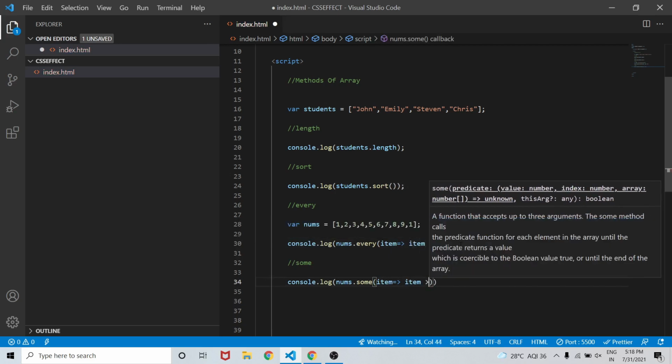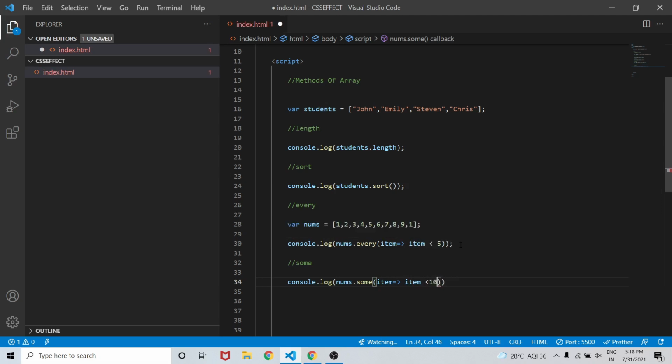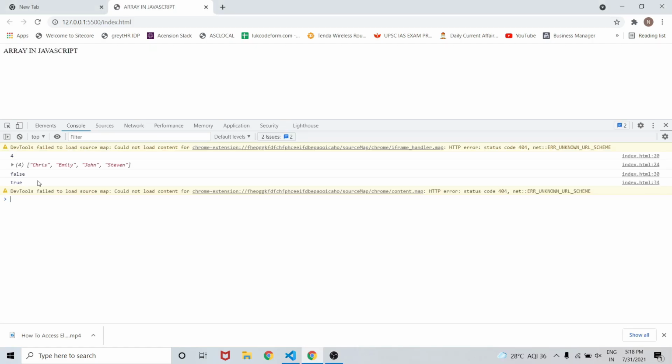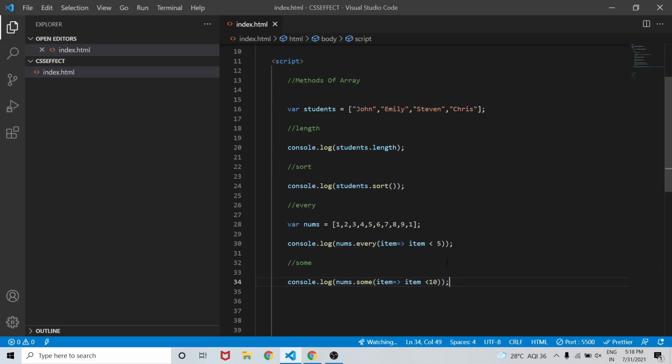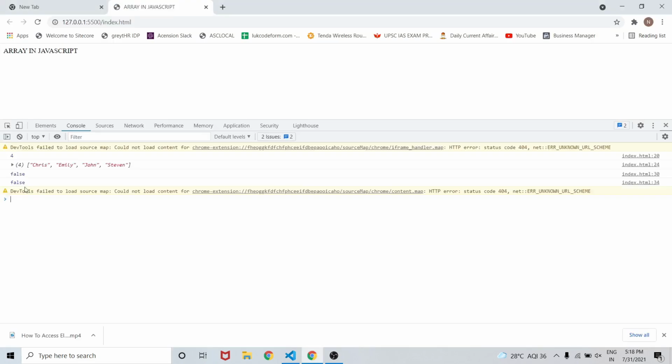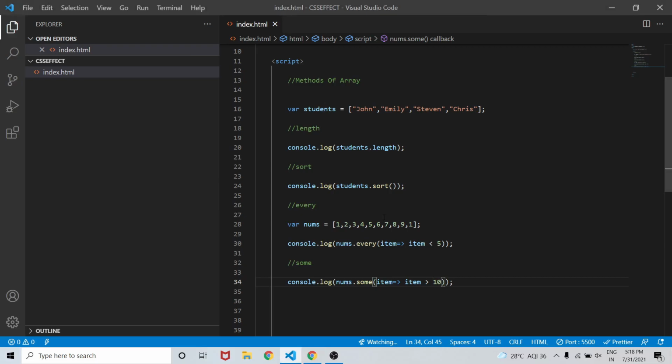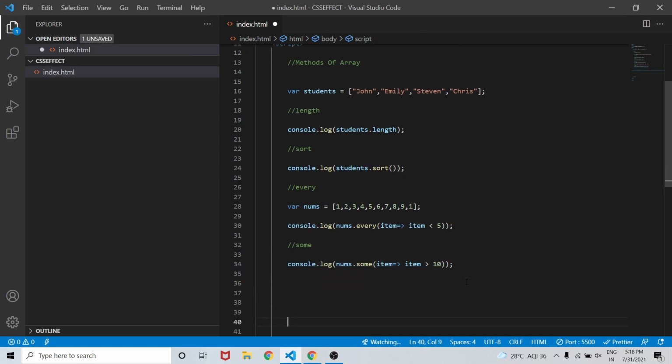So item is less than 10. If item is less than 10, it will give us true, because some items are less than 10 in our array. Now it will check if some items are greater than 10. So none of our items is greater than 10. That's why it is false.